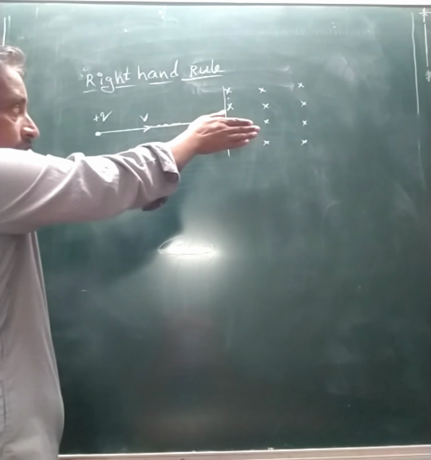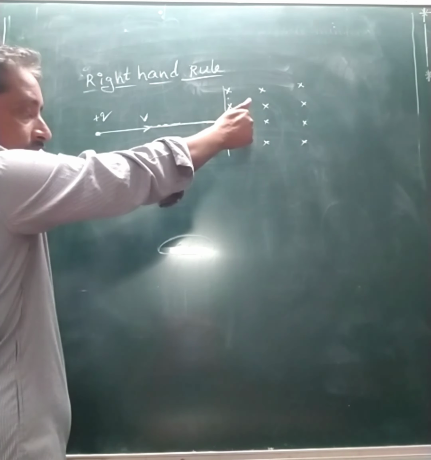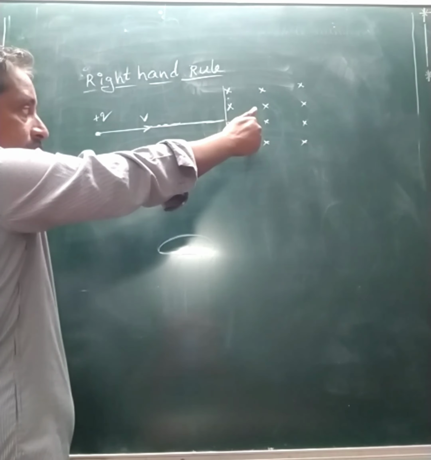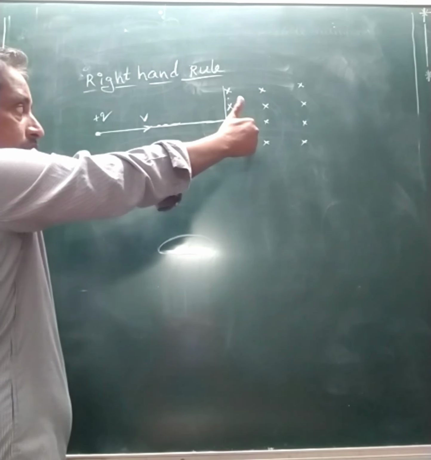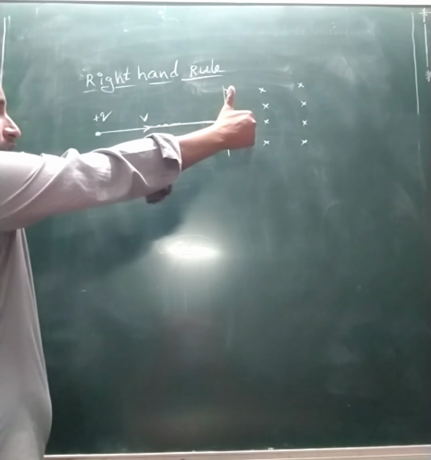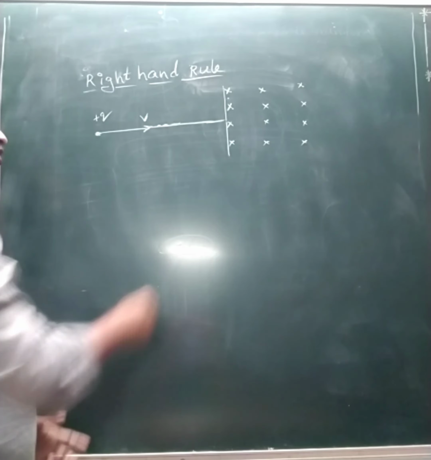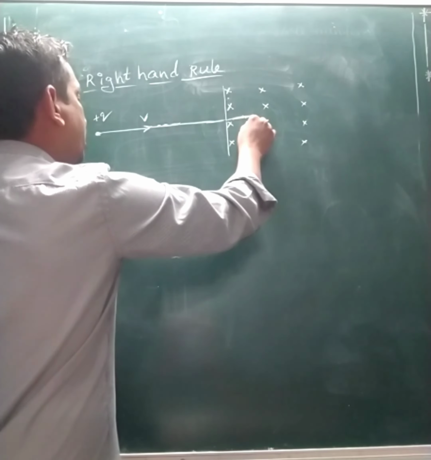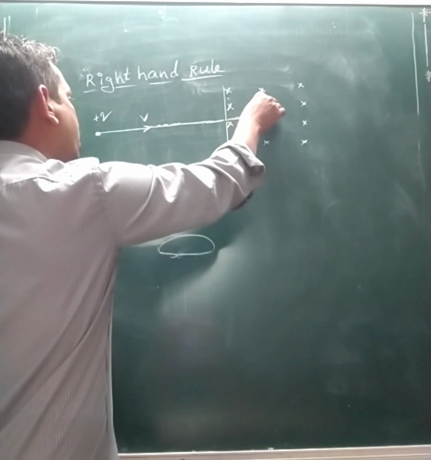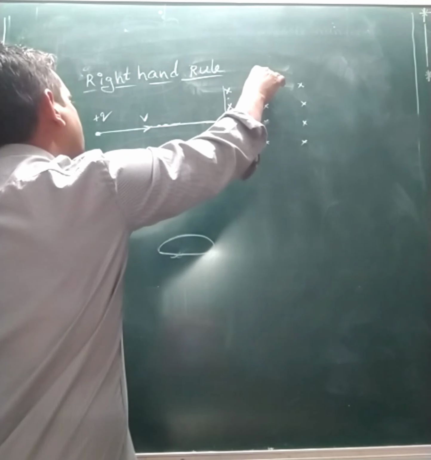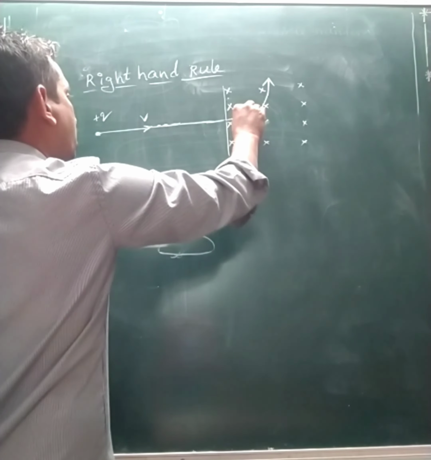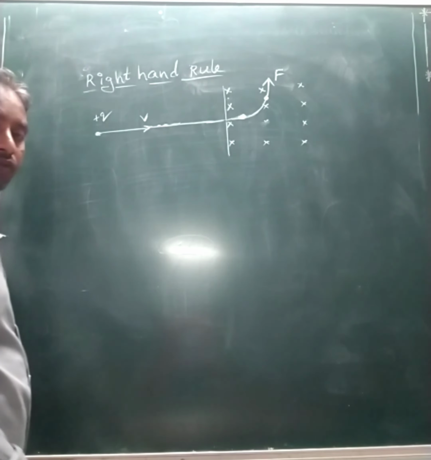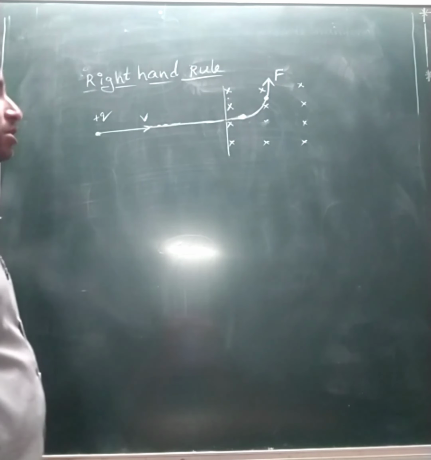When it enters the field, you bend it to 90 degrees. The bent fingers indicate the magnetic field, that is also 90 degrees. Okay. Now you raise your thumb. Raising your thumb to 90 degrees means in what direction? Upward direction. Means when it enters the field, what happened? A force is acting on it. In what direction is it acting? The force acting on the charged particle is in the upward direction. So force acting in upward direction. That is the meaning of this.